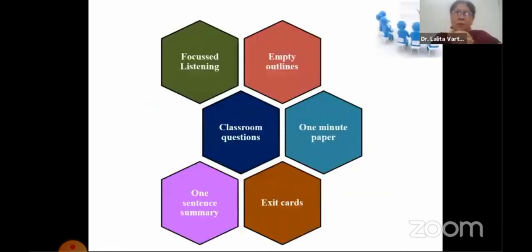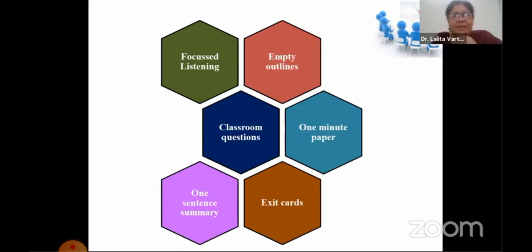In the classroom now, in our day-to-day teaching, can we develop the higher order thinking skills? Yes, we can. With the general questions, yes. But these are some interesting ways in which you can try and develop the higher order thinking skills. Suppose you have taught a particular concept in a session. How carefully the students have listened to what you have said.